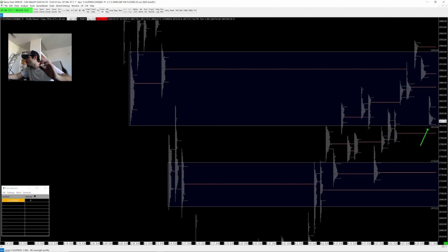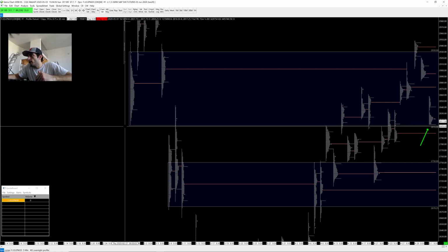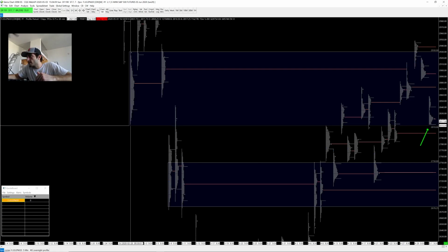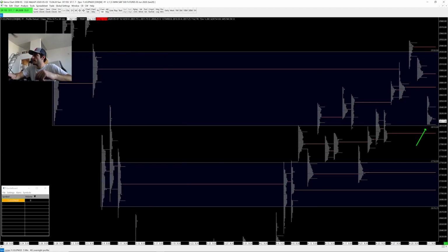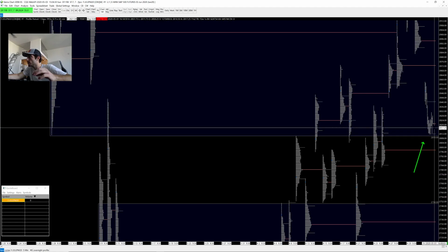I had this level, 28.10, which you see with this arrow, and that was my short-term target for shorts on Friday and last week, really. This is the exact same low as February 28th. So we put in a low there, 28.10ish, on February 28th. Coming into Friday, this is where the market stopped, and we left kind of a weak low, not really enough excess at the lows